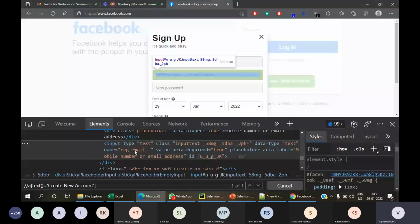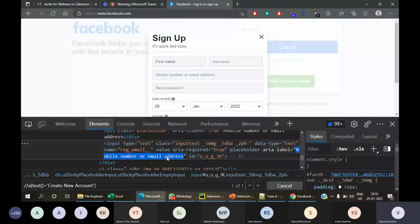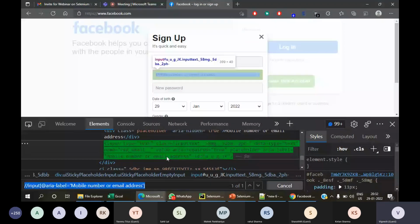So I'm going to go with another attribute, like the aria label. So it's double slash input at this. Just modify it into single quotes, but in Python you can use double quotes too, that's not an issue. Then it's an XPath, right? Driver dot find element by XPath,